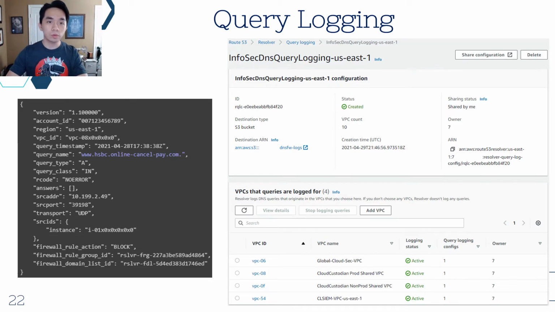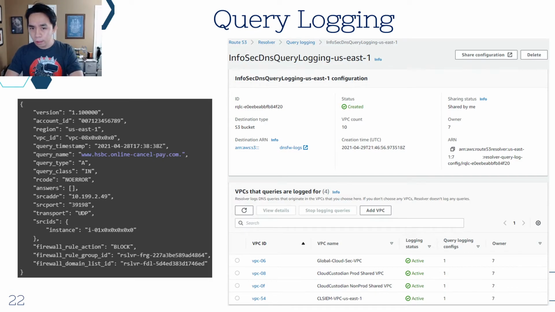Okay, I also have a little helper script. After you share the configuration to all the other accounts to set up a centralized logging solution, people in those accounts have to go into each region and add the VPC to the logging configuration, and it's too manual. I have a script that will loop into all regions and automatically add the VPC to the logging configuration, so you don't have to do anything. I will put the link in the description.